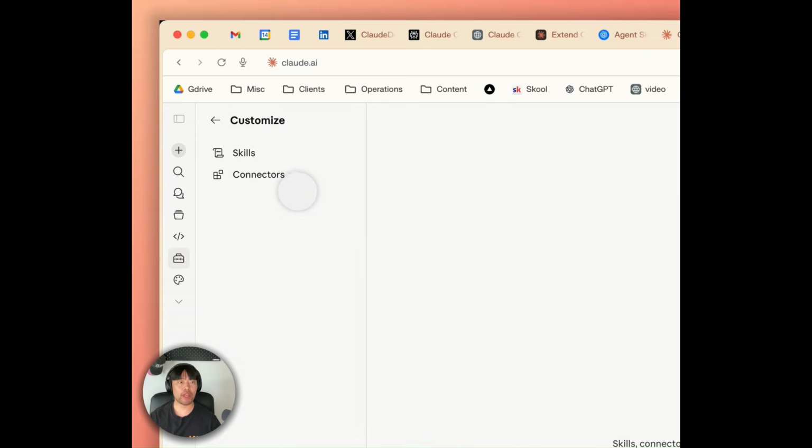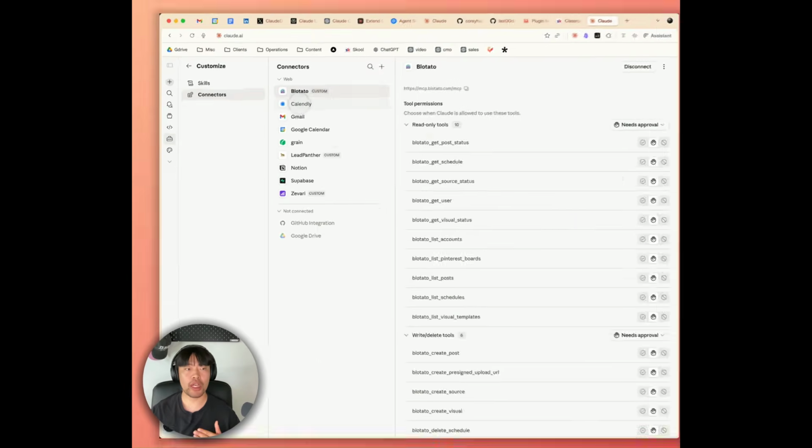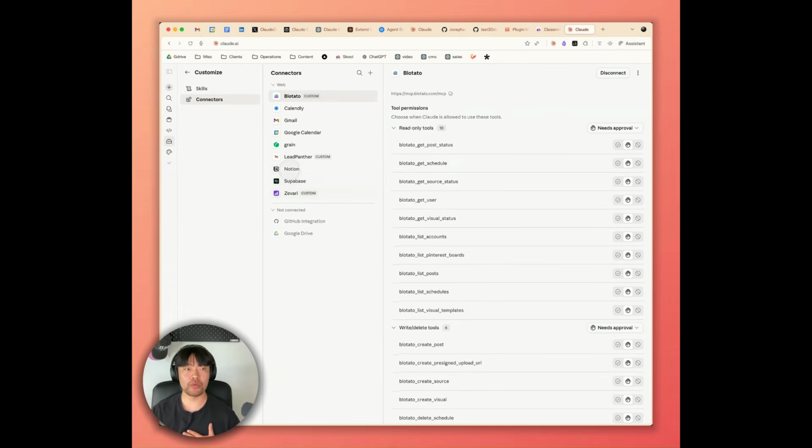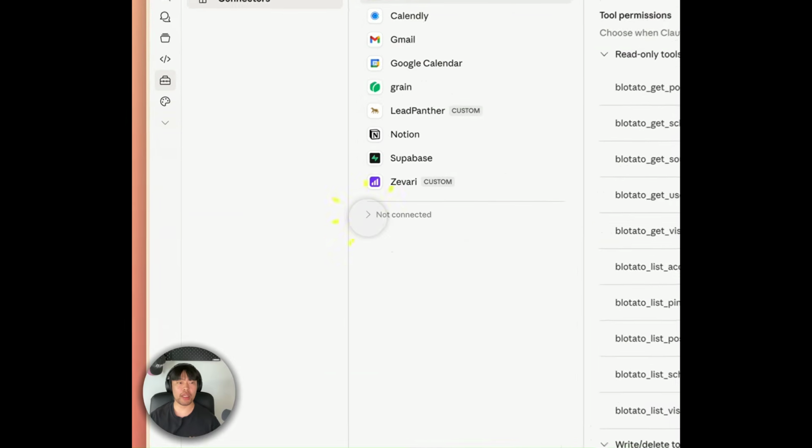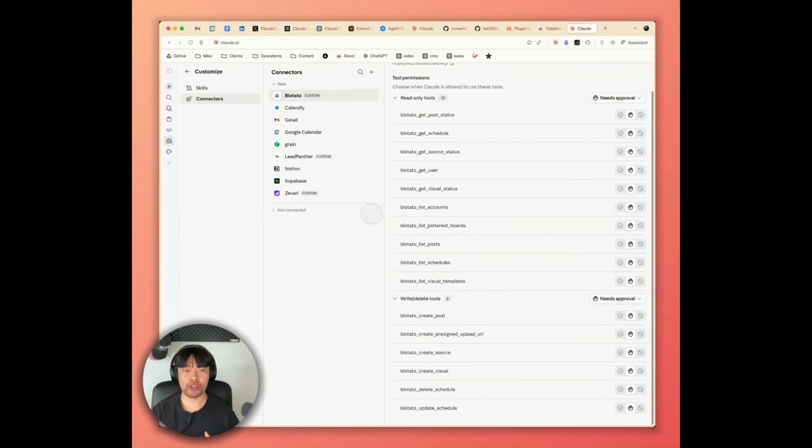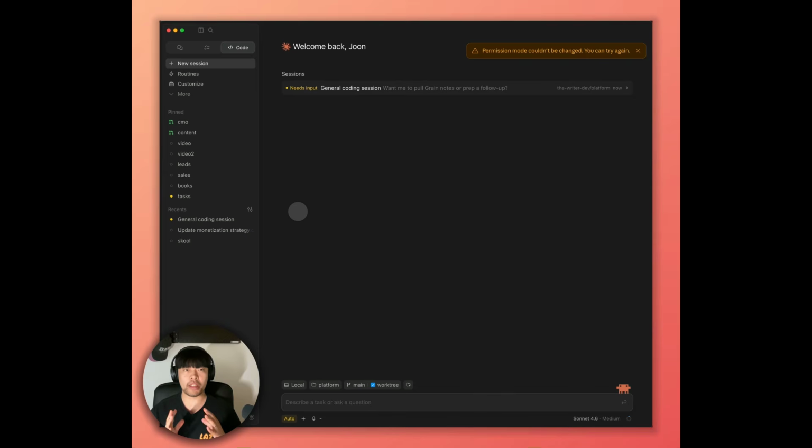If you go to customize, you have connectors. So you can add many connectors like mine. You can have Blotato, you can have Calendly, you can have Gmail, you can have Notion, Supabase, and also my custom connectors too. But to give you an idea, this MCP has all the tools to use their software. For example, Blotato, you have list accounts and schedule content, etc. But your Claude has not known